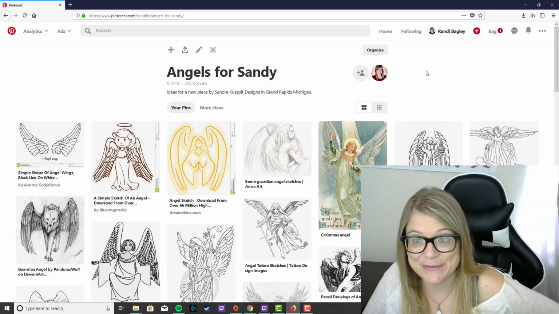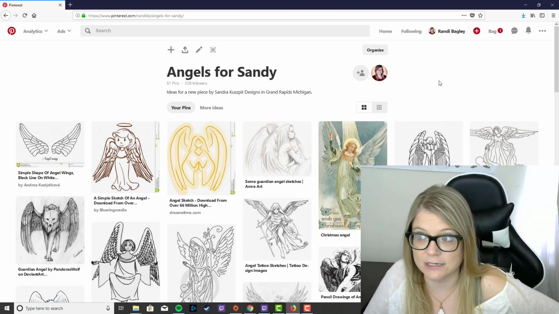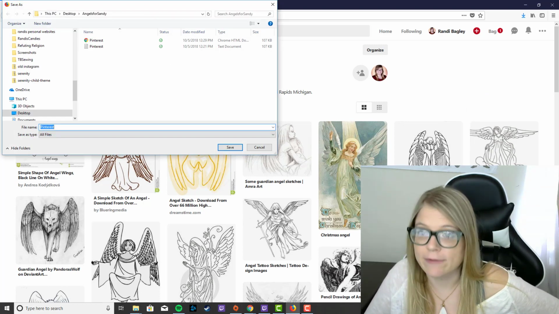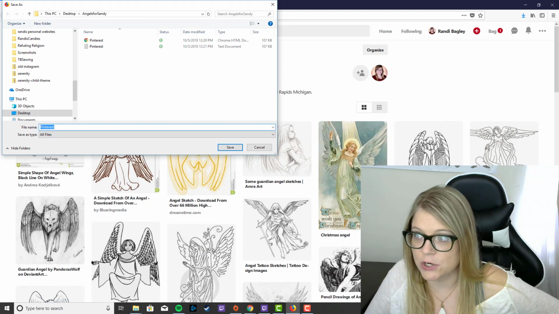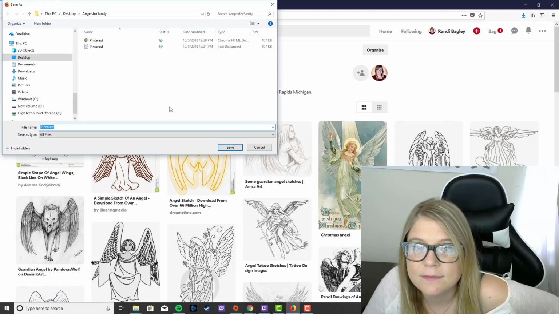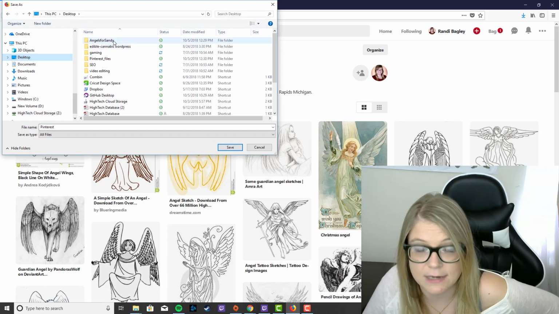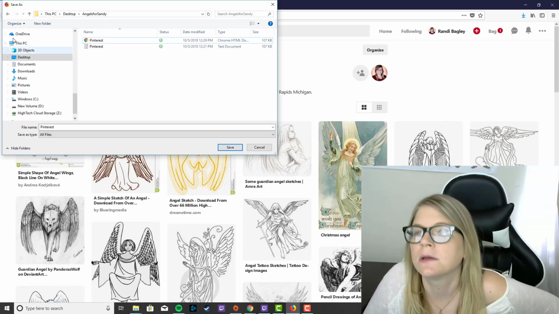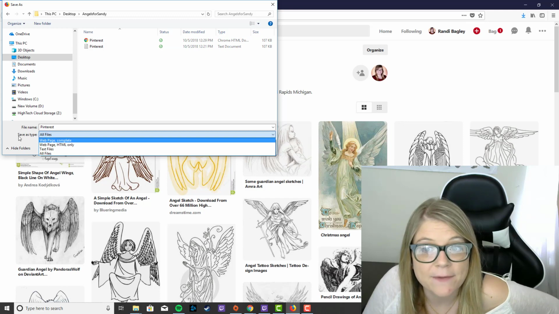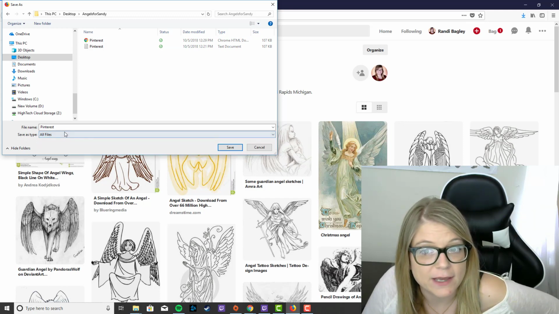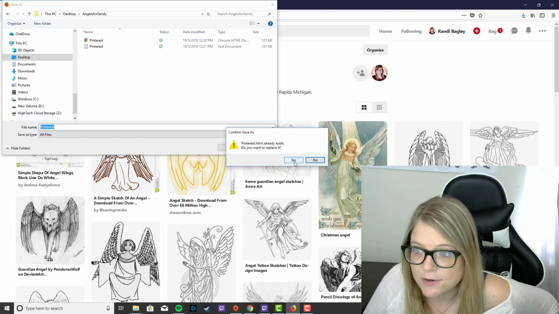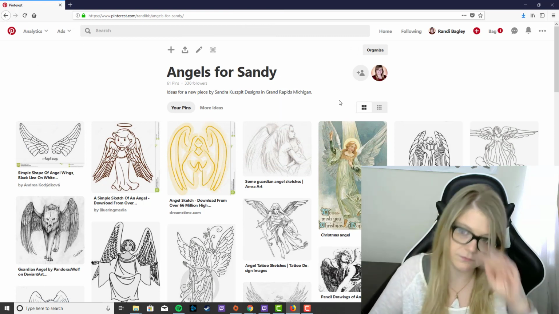So you have opened up Mozilla and you logged into your Pinterest and you went to the board that you want to print. Next, you're going to find a white space and you're going to save page as. I would suggest putting it on the desktop in a folder that you've named the board for so you can find it really easy. Next, you want to save as type, not the web page, not a text file. We want to save all the files. This is going to save all of the pictures individually. I already did this, so I'm going to replace it.